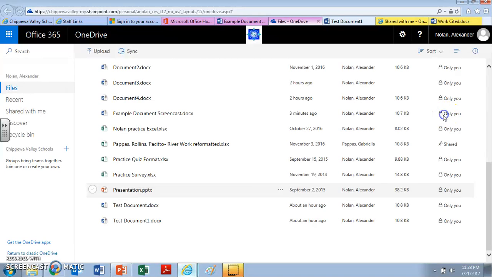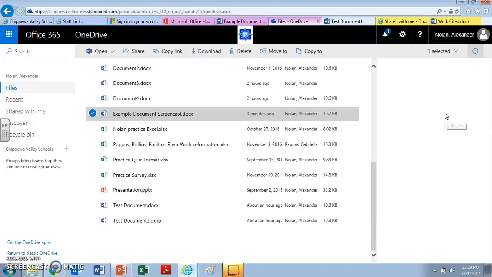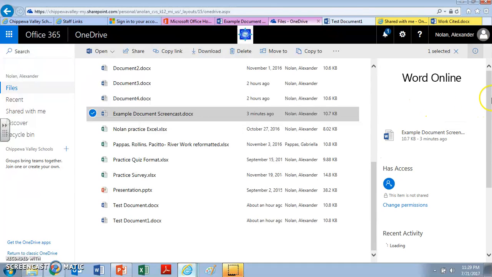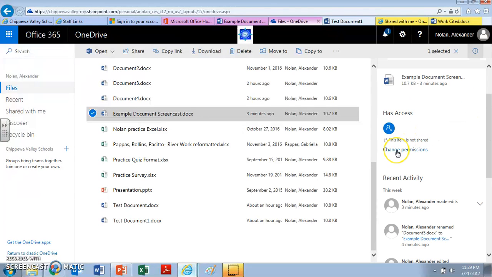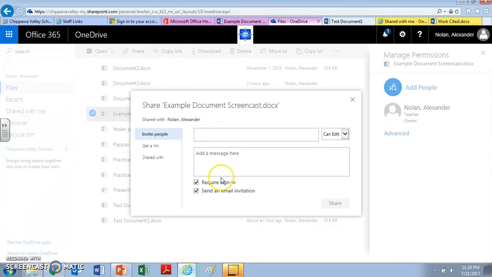I can click on this little lock here that says Only You. And this should bring up a similar screen to what we just saw a moment ago about sharing. So this little panel will open up. And I can scroll down here and it says Change Permissions. I can click on Change Permissions, Add People, and now the same screen will pop up, and I can share,